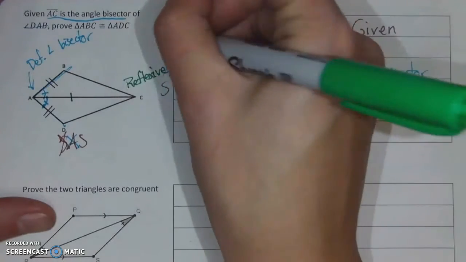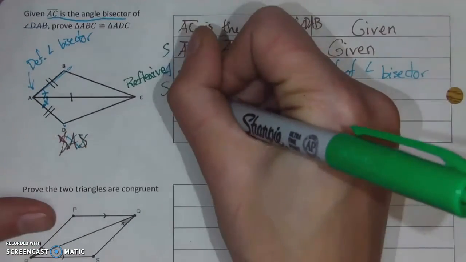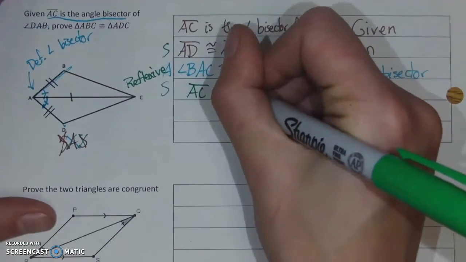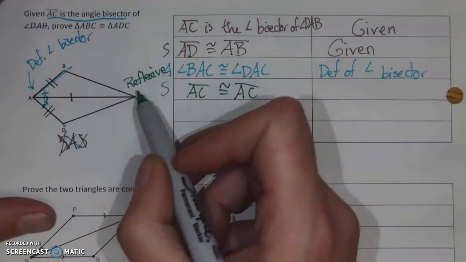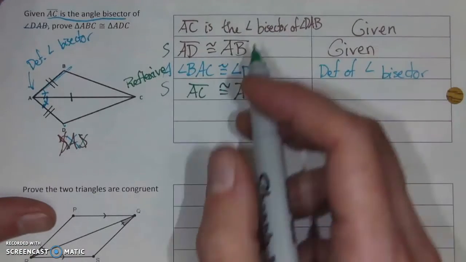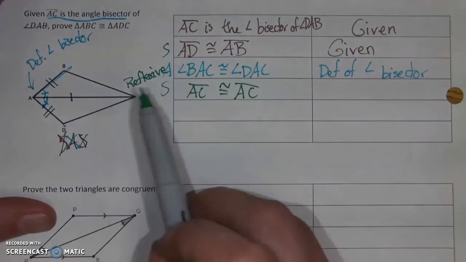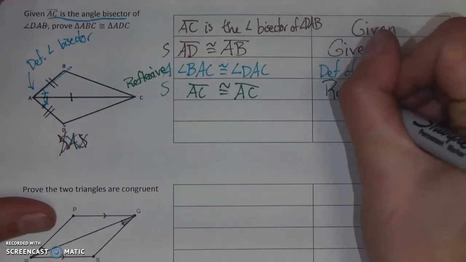Which means I'm up to my final side, and that is the side AC. Now here, AC is going to be congruent to itself. And notice that in the triangle, the angle A corresponds with itself in both triangles, as does the angle C. So that means I'm going to keep it in the normal angle order. A corresponds to A, C corresponds to C. That is the reflexive property